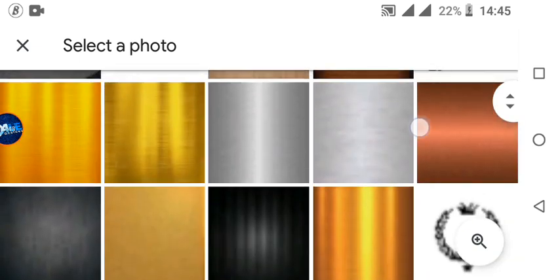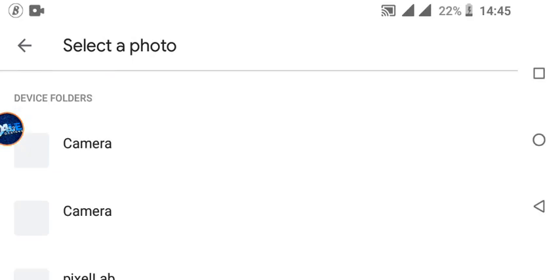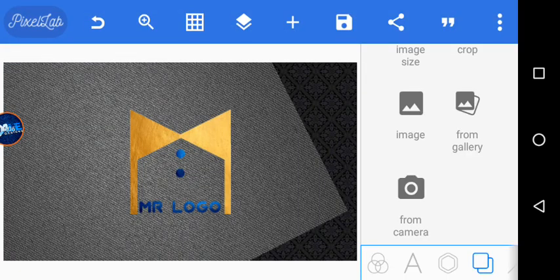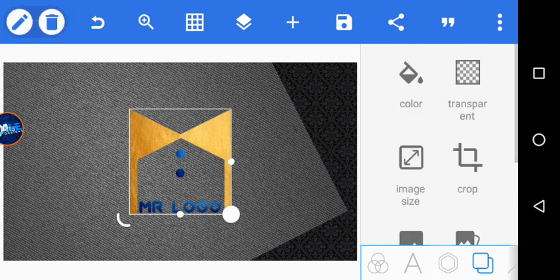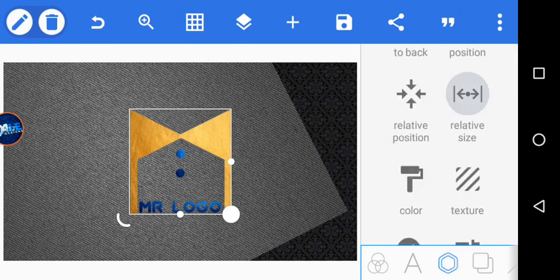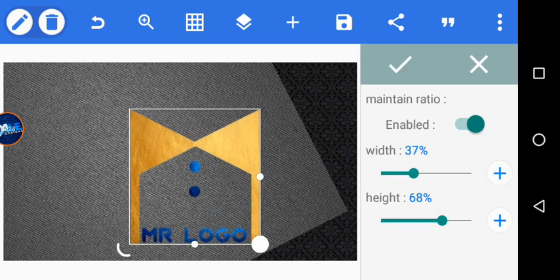Okay, so I'm just gonna go with my favorite background. Okay, we have this. Okay, so I have my Mr. Logo. And what I want to do real quick now, I want to add some style to this. Go over to my text size and just increase the relative size a little bit. So I'm going to increase the width, right? So I'm also going to position this at the middle also,